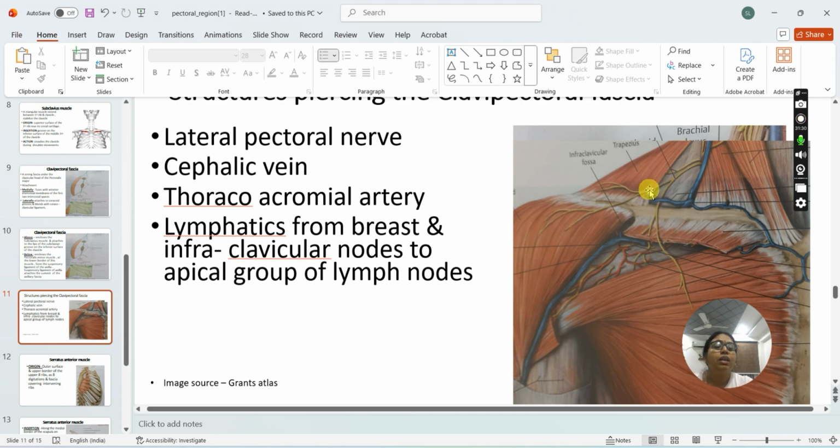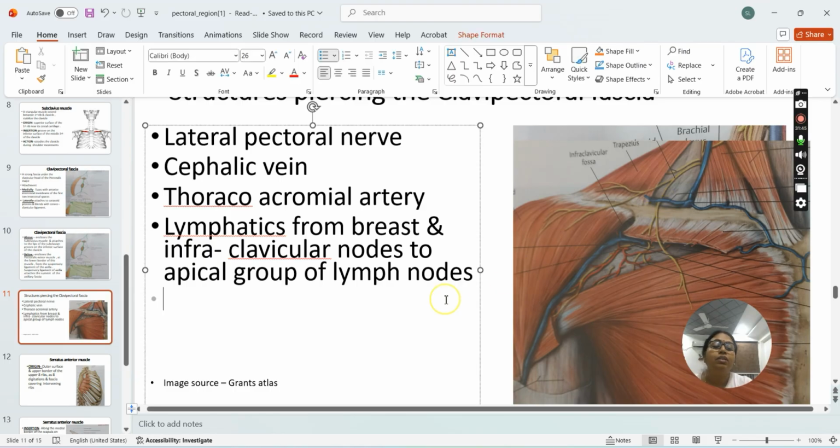Okay, these are the supraclavicular nerves. I told you the skin in the upper part of the chest region is supplied by the supraclavicular nerves, which are coming from the cervical plexus. So one more thing piercing this area is the lymphatics, lymph channels